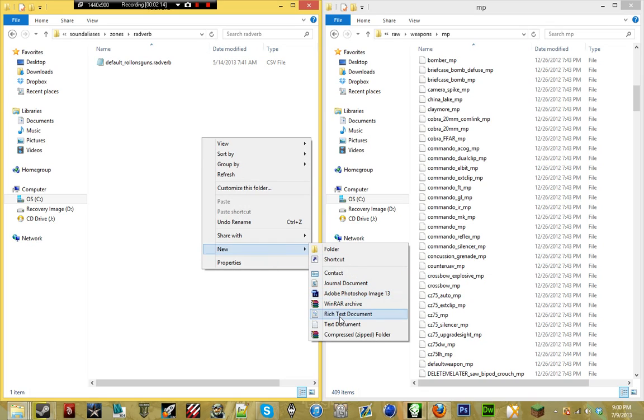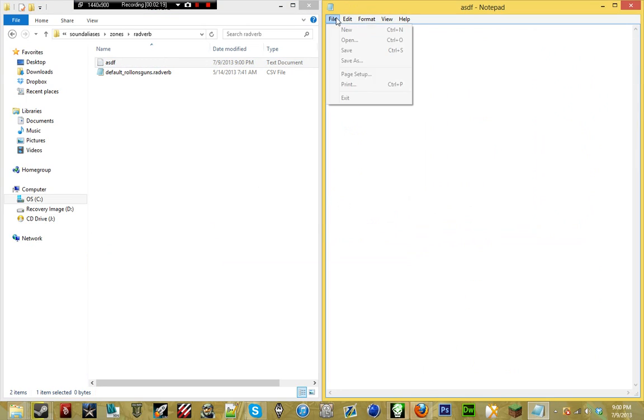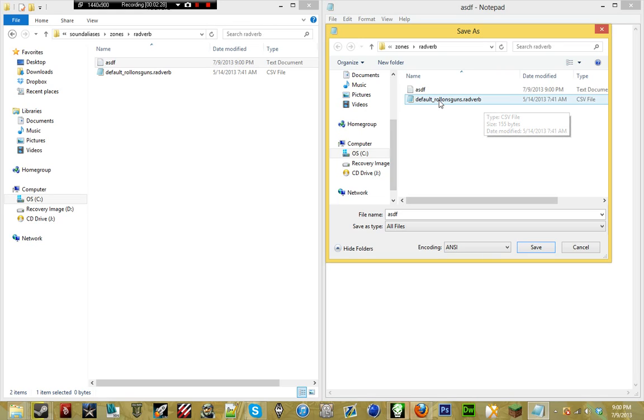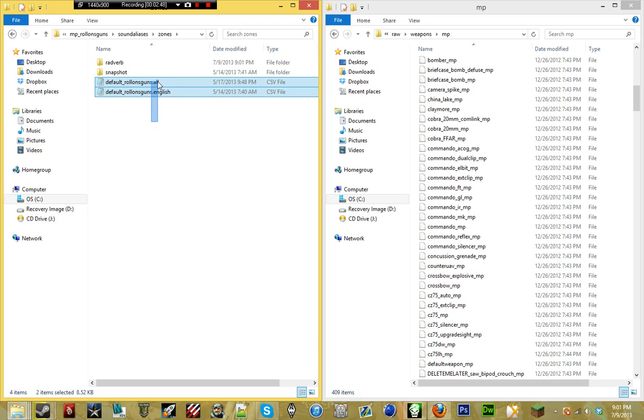I'll just do a new Notepad, and then just file, save as, all files, and then save it as default_yourmodname.radverb, and you're going to do the same thing except do .snapshot, and make sure you save it as a CSV. So it'd be default_yourmod.snapshot.csv, same for radverb, and then you're going to do the same thing in the zones folder, and this time call it all at the end instead of snapshot or radverb,